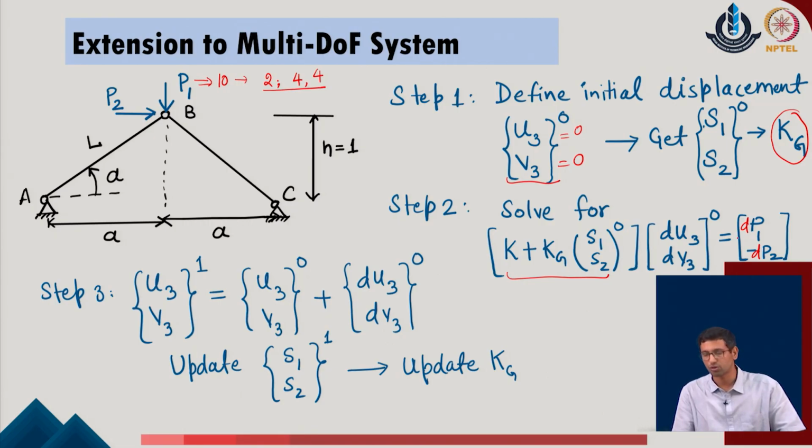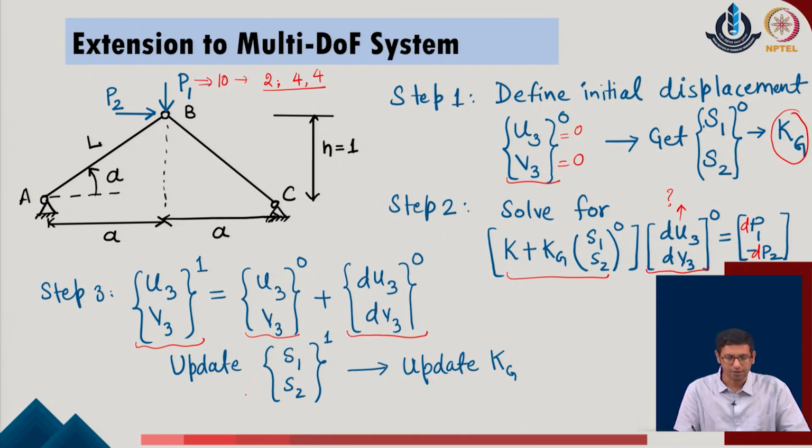So, these values of dp1 and dp2 are known to us, and based upon this equation, the user will get to know the value of the displacement increments which will be defined for the 0th iteration in the given system. Once these values are obtained, we will define them as the first value of the given system, say the updated values of the displacement, which are u of 3 and v of 3. These are obtained by considering the initial values, which were of course 0, and adding the new values in the given system, which are the incremented values.